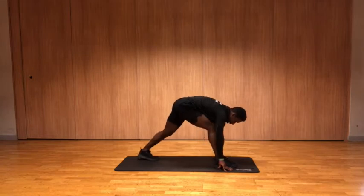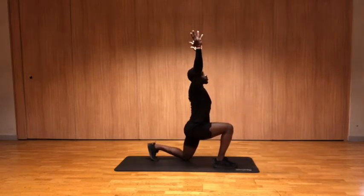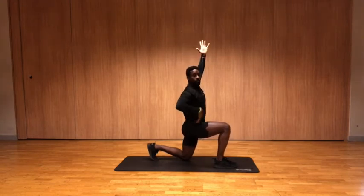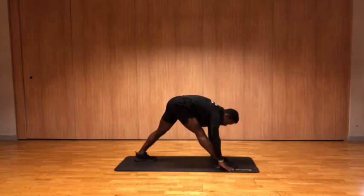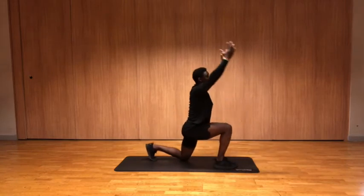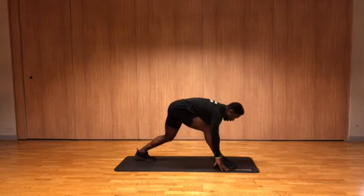We're going to drop that back leg, come into a kneeling lunge. Big extension through the arms as we reach up to the roof. Shifting the hips forwards, keep the spine straight. Drop the hands down, lift the back knee and extend through both legs. Deep breath in, kneeling lunge. And back up,